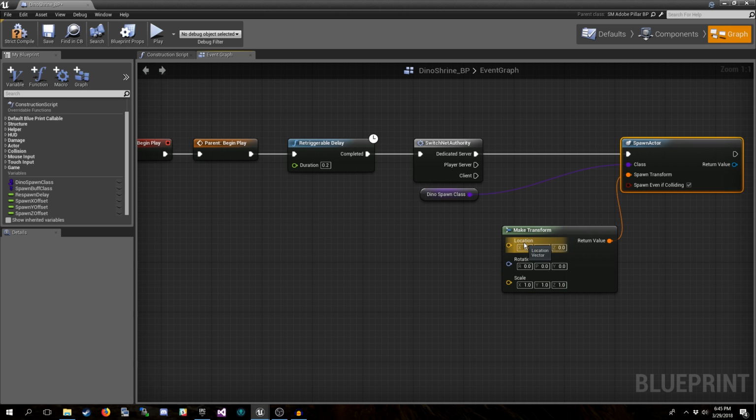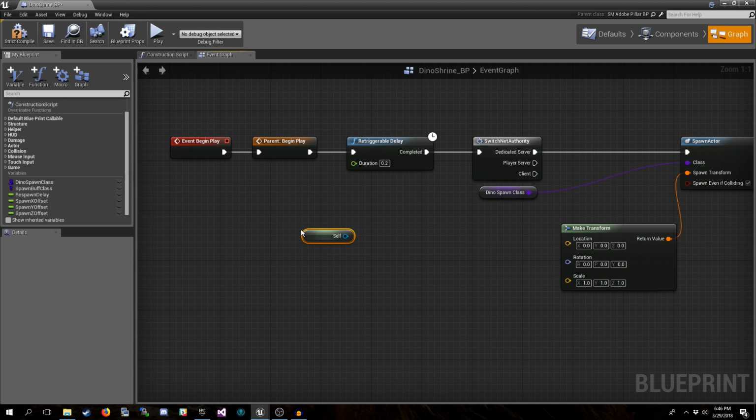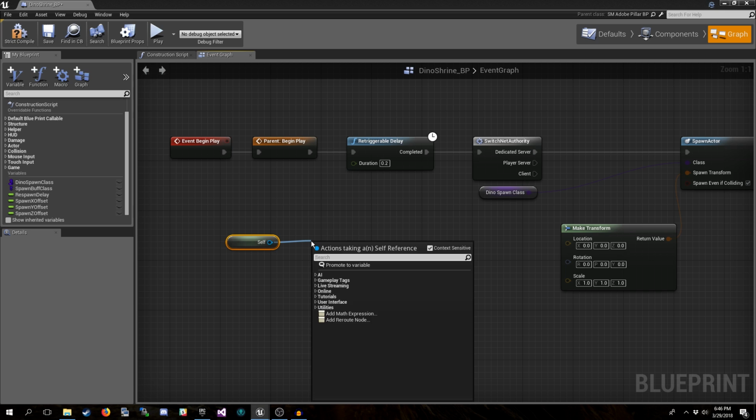Location being a point in space where the origin of your actor is placed, the rotation being which direction it's facing, and the scale being how its size is being manipulated. So we're going to actually use the position of the structure, the Dino Shrine itself, to determine where to spawn our Shrine Dino.